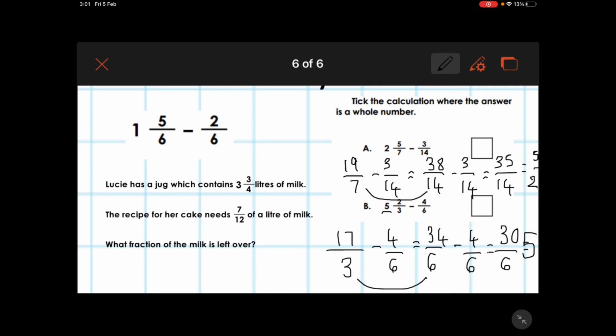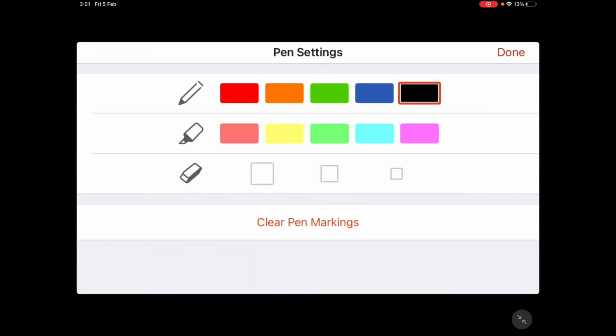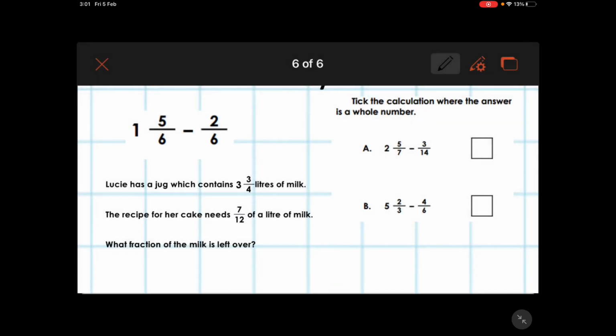5 is the answer. Now I know this is a little bit messy, but B is the calculation that you should have ticked because that is the answer that simplifies just to a whole number. So if you look at A, that it would be 2 wholes and 1/2, where B converts into just 5 wholes. Now if we have a look at the last question,